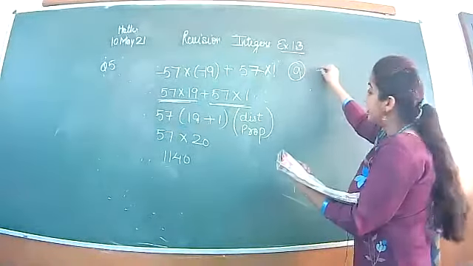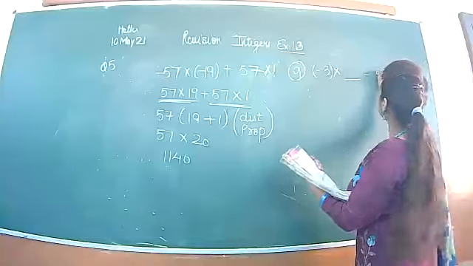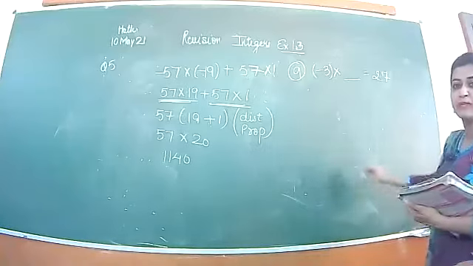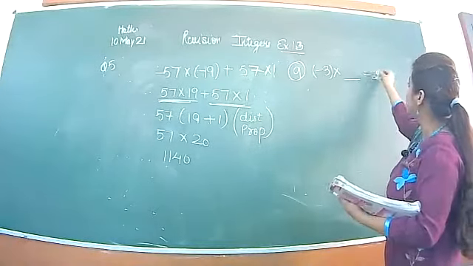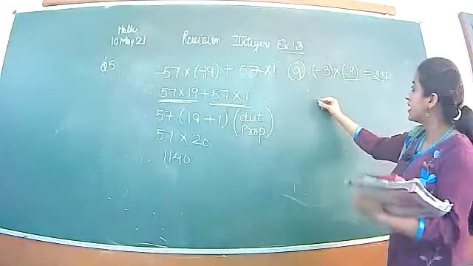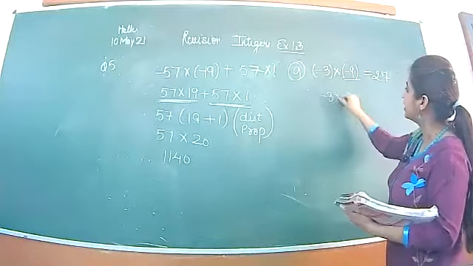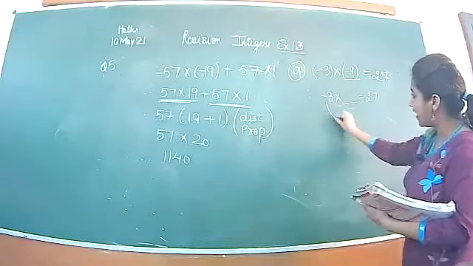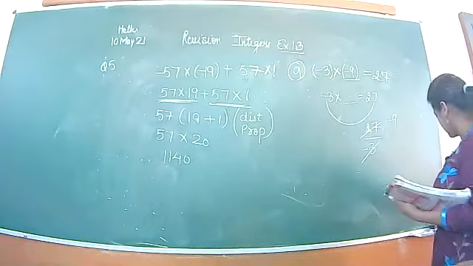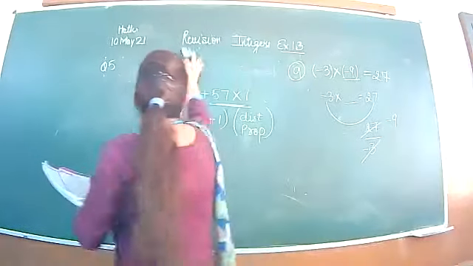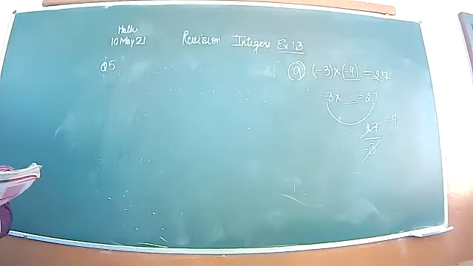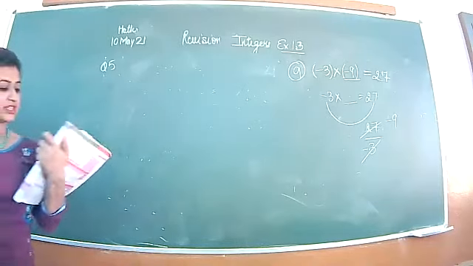In question number 9, minus 3 will be multiplied by which number to get 27 as answer? So it will be multiplied with minus 9. If you don't know how to calculate it, you can simply divide 27 by 3. That will give you minus 9 as the answer. If you don't know the answer, instead of multiplication, you can check the answer by division also. So see one more question.